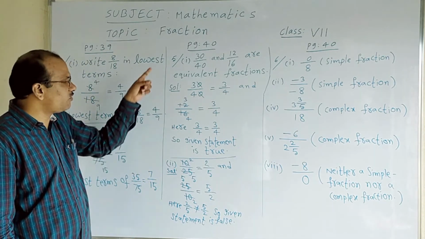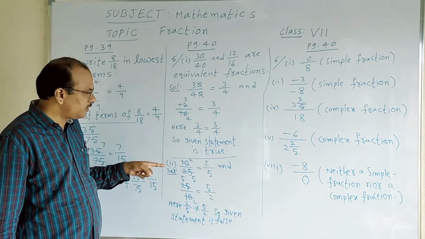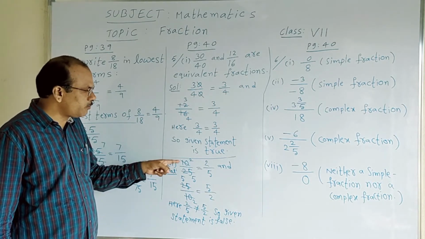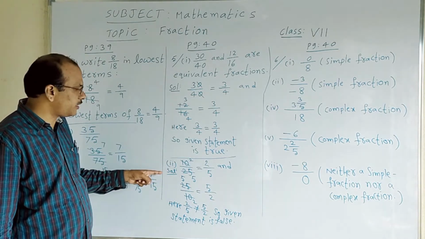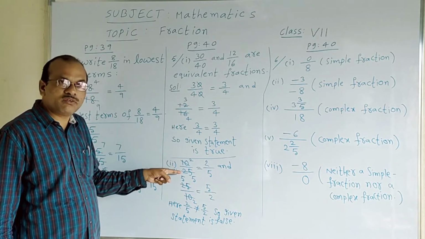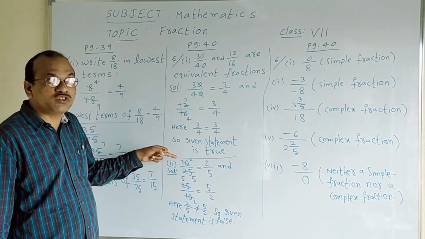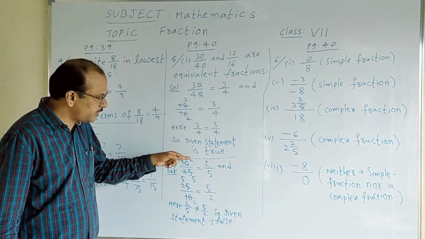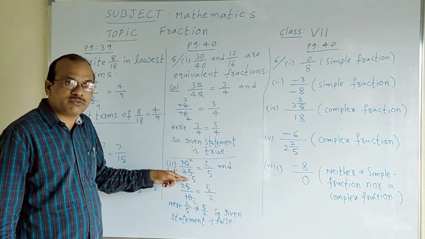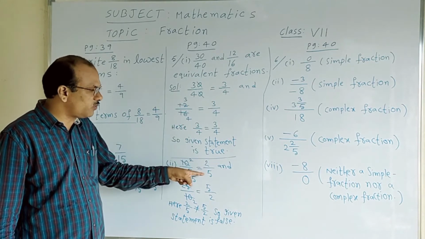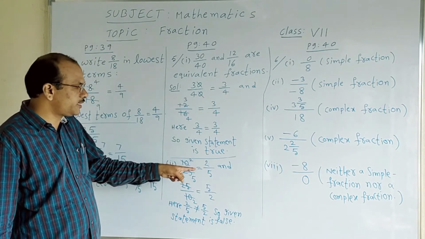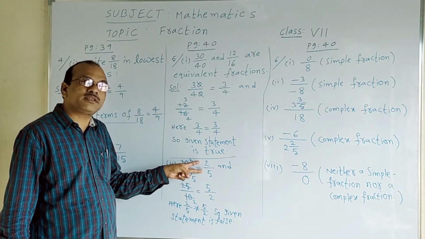Okay. Then the fifth question only, second bit, that is given 10 by 25. I have taken 10 by 25, the first fraction. What common table is identified? Fifth table. 5 2s are 10, 5 5s are 25. So 2 by 5 is left as the answer for it, because there is no common table to cancel them again.